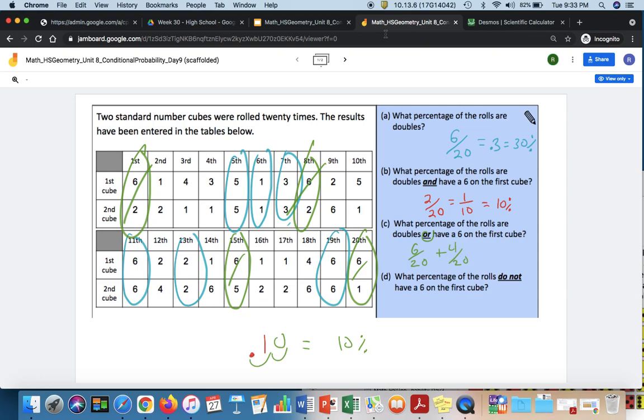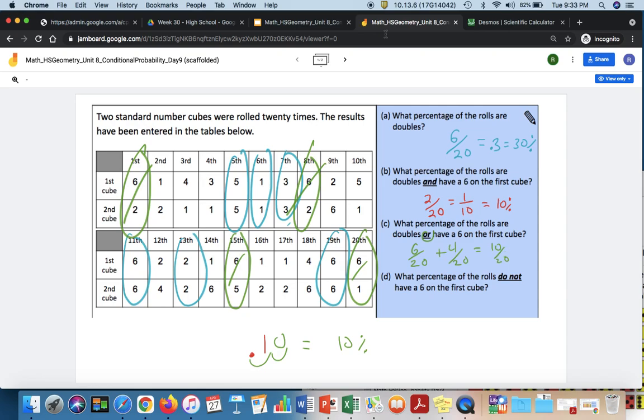Notice how I didn't count the 11th or the 19th row, because that would be counting them twice. That would be counting them as doubles and on the first cube. If we use the addition rule, we would have to subtract. So let's show the final answer here. This is 10 out of 20 as our final answer,